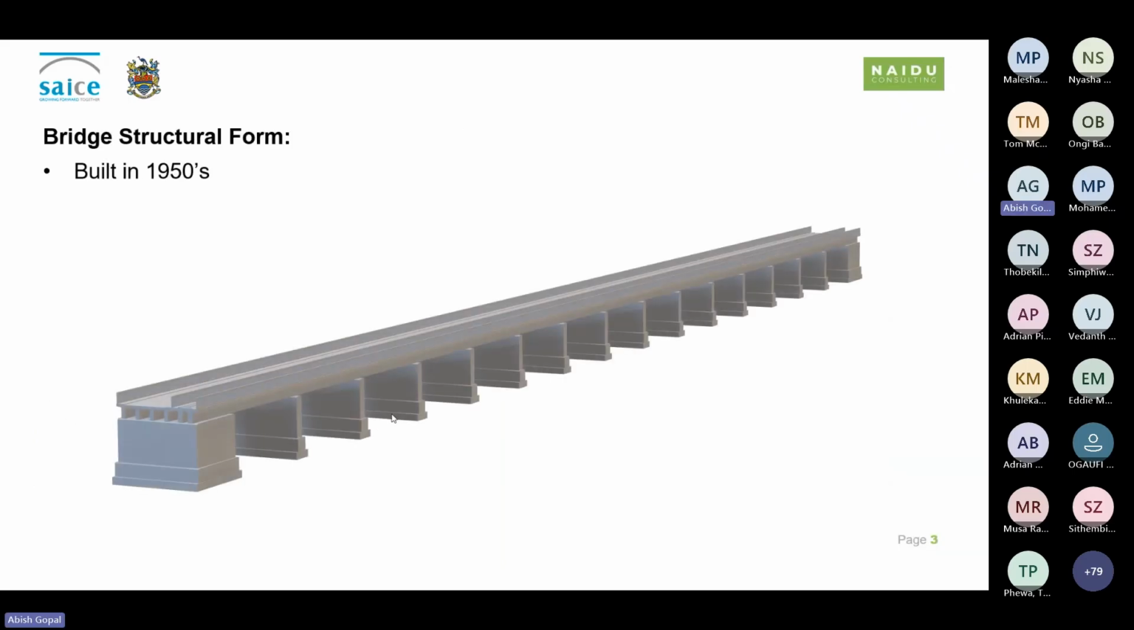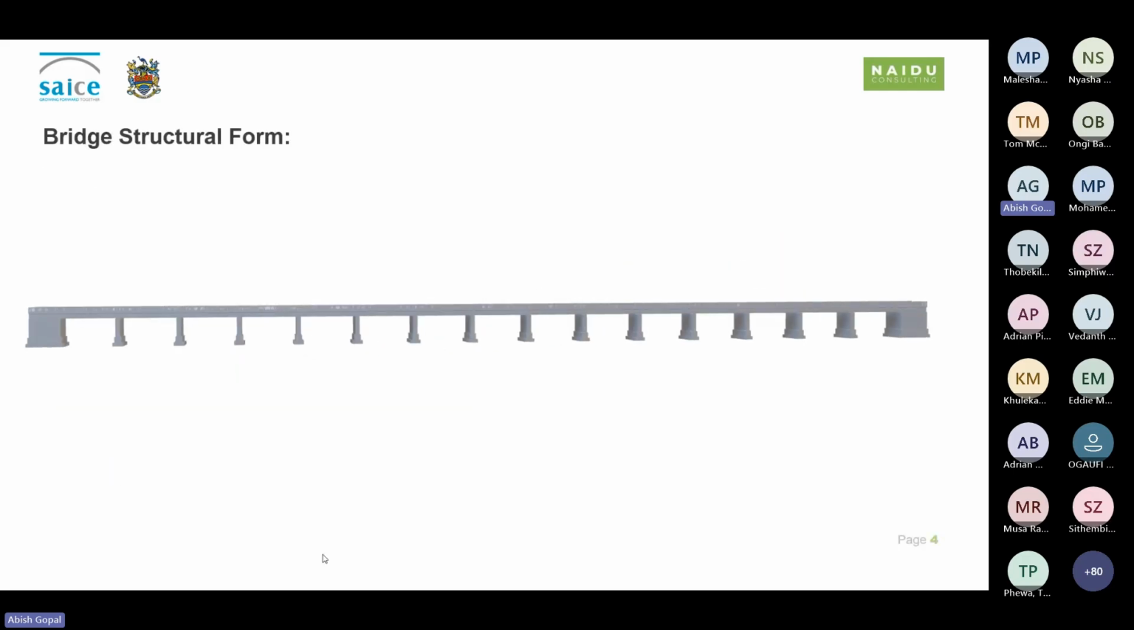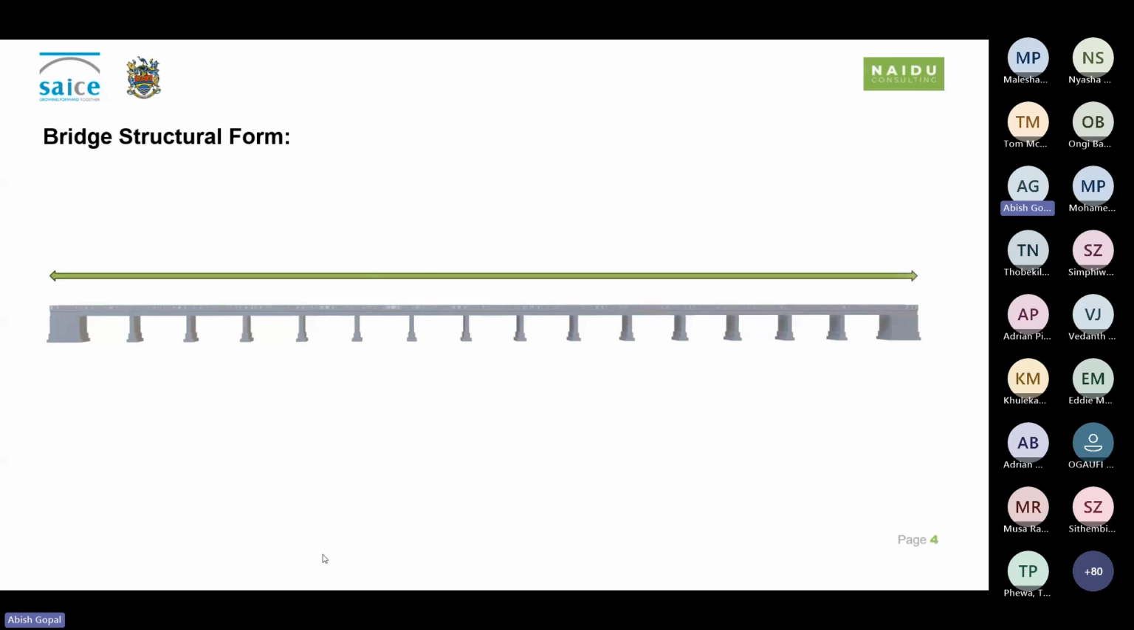Okay, so just a bit on the structural form, the bridge was built in the 1950s, and what you are seeing here is a Revit model that was developed by our BIM lead. Let's move on. In terms of the structural form with respect to the spans, it comprises 15 25-meter long simply supported spans, contributing to a total of